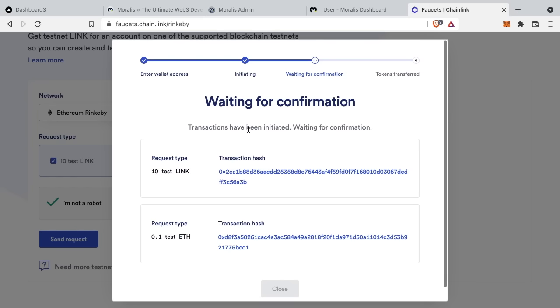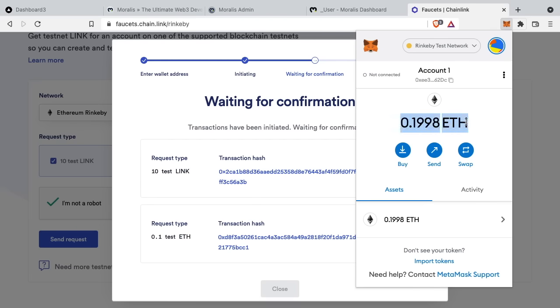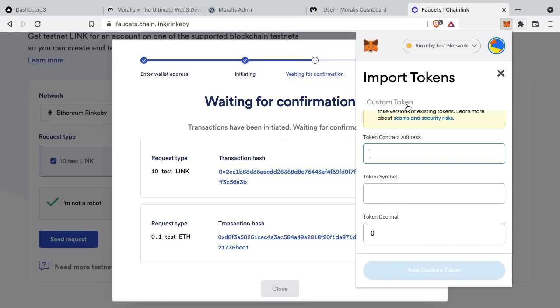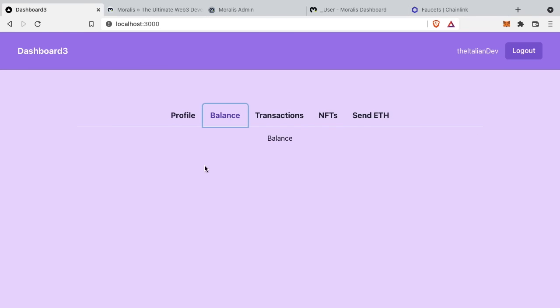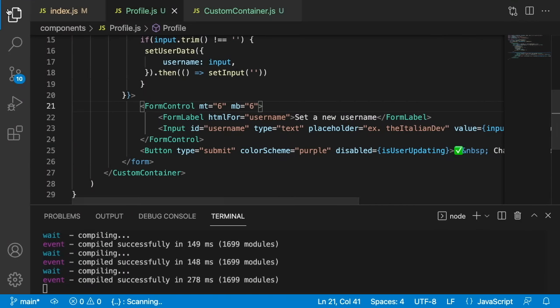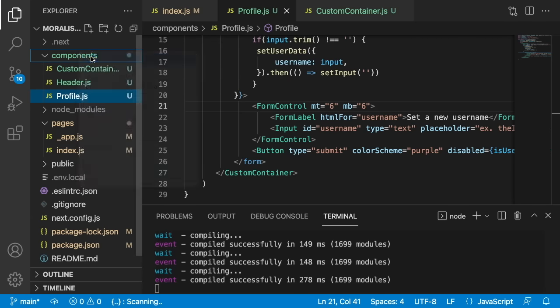As you can see now, it's waiting for the confirmation to happen, and in a few seconds we will see our Ethereum go to 0.299 something, and then I'm sure I also have the Chainlink, but I didn't import the token address, so it's not showing inside this wallet. But I said that just to say that here we will grab the Ethereum token, which is the native token of the Ethereum blockchain, with one method, and then there is another method to grab all the ERC20 tokens that are inside our wallet. So let's go back inside Visual Studio Code, create a new component this time, a new file